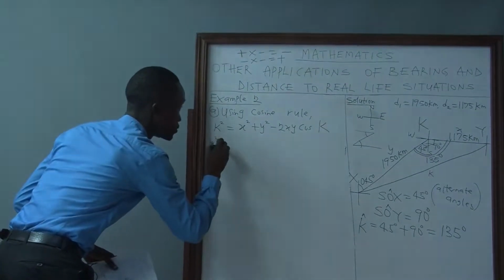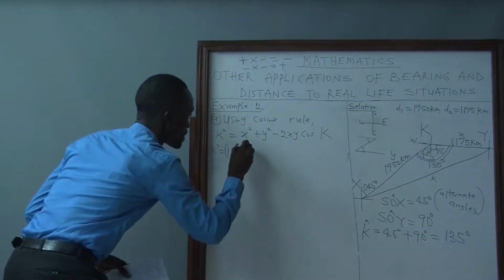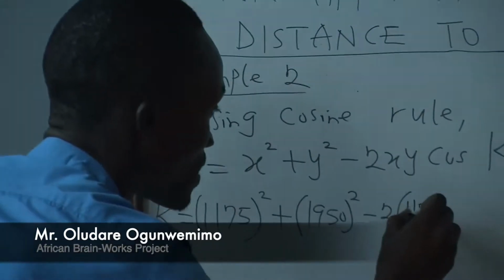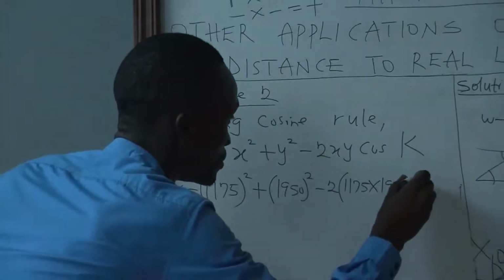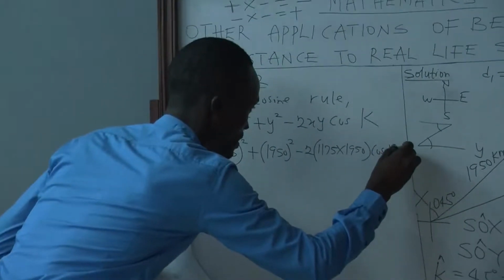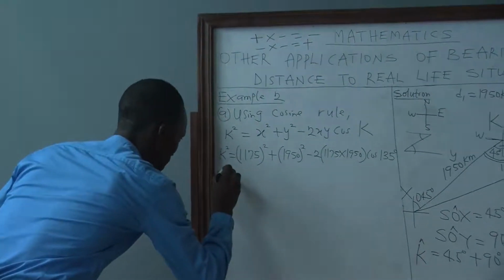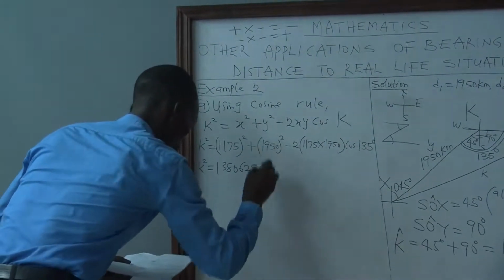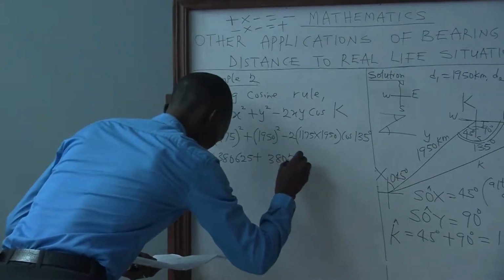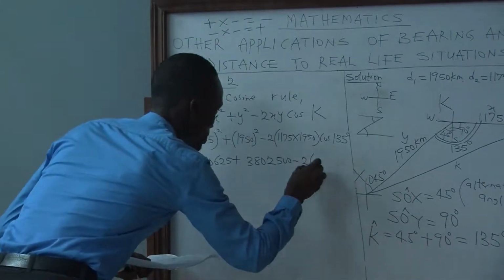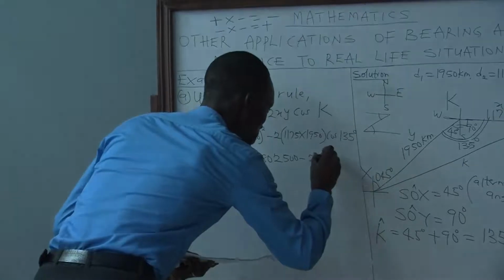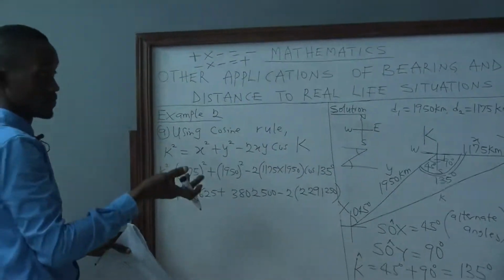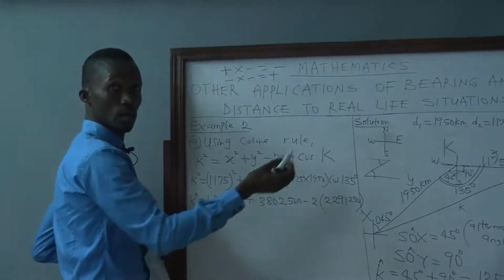So we have k squared to be 1175 squared plus 1950 squared minus 2 into 1175 multiplied by 1950, then cos 135 degrees. So we have k squared. The square of 1175 is 1380625, plus the square of 1950, that is 3802500, minus 2 into the product of 1175 and 1950, which is 2291250. And if you look at this cos 135, 135 is more than 90, but less than 180